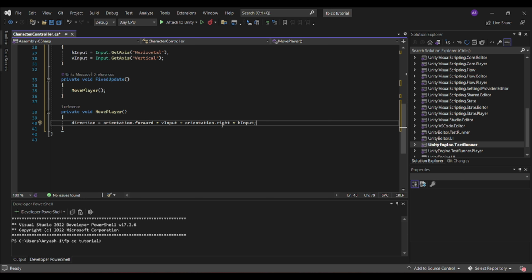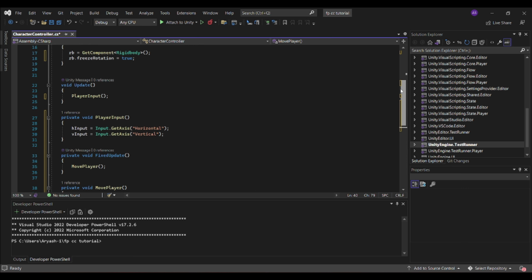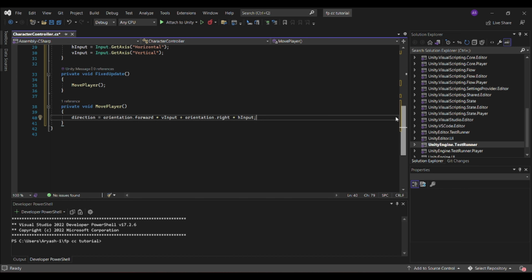So right now we have direction, which is our vector3 variable, and our orientation, which is our transform variable. Now our vector3 variable follows the north of the world, like how we have a north, east, south, west, and the north is always in the same direction. So even if you're facing east and you press the W key, you will move to the world's north, not your north.